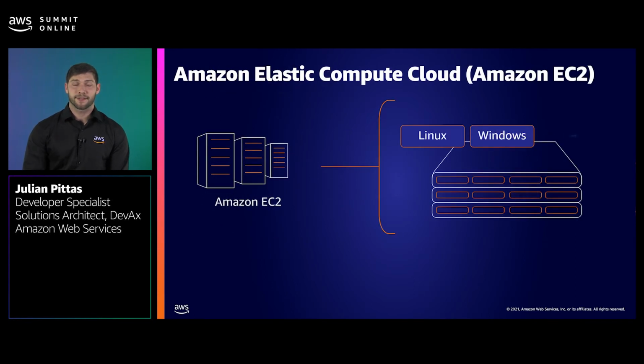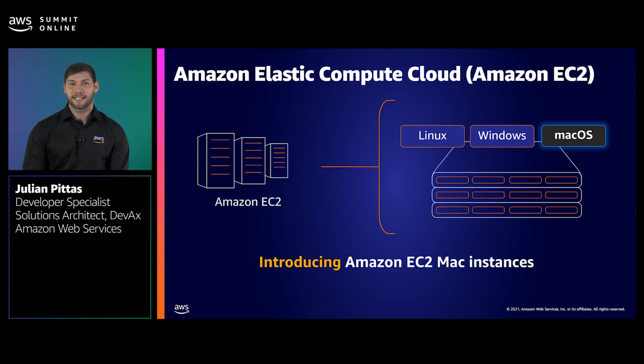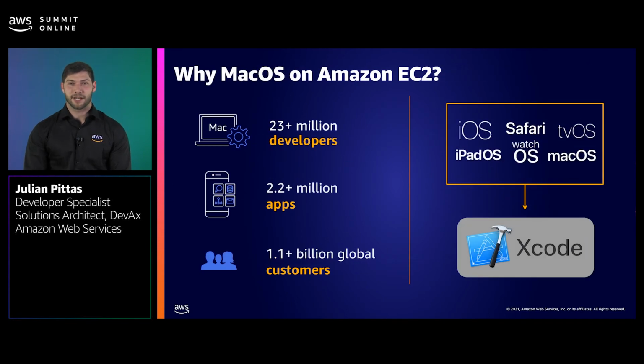However, on November 30th, AWS announced the general availability of EC2 Mac instances, making macOS available on AWS for the first time. These instances were built and designed for Apple developers to enable them to focus on code and not infrastructure management. To build, test, sign, and publish applications for Apple devices, you're required to use Xcode, which can only run on macOS. With the new macOS EC2 instances, developers can bring their current toolset that they're using for building apps into the cloud, and they also gain access to the broader AWS ecosystem. So how can we go about building a pipeline for a macOS system?